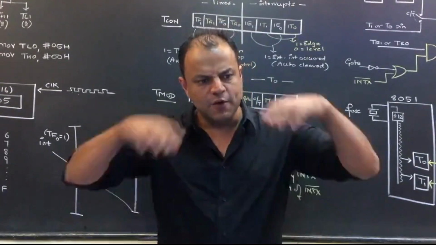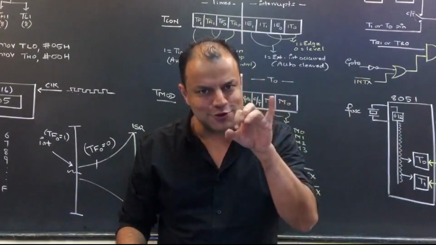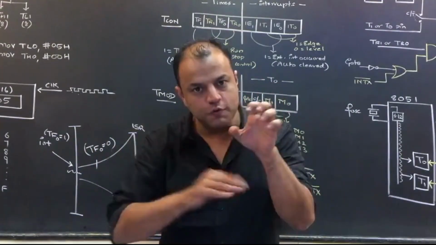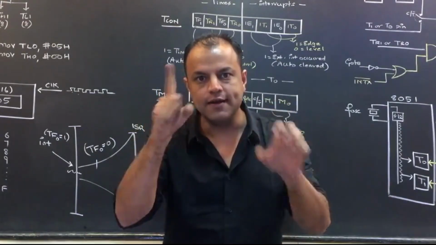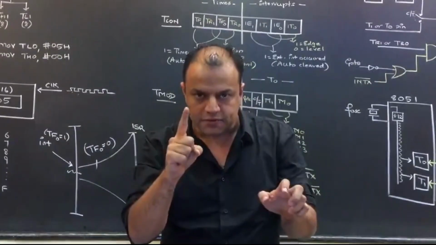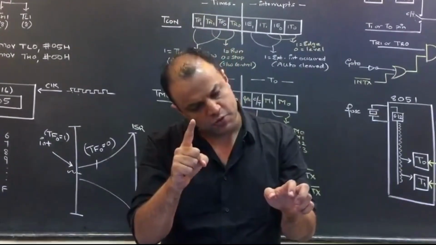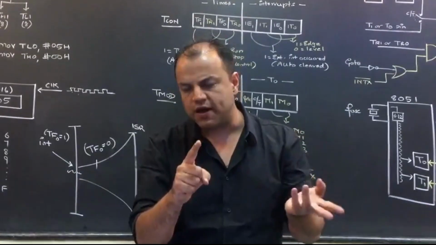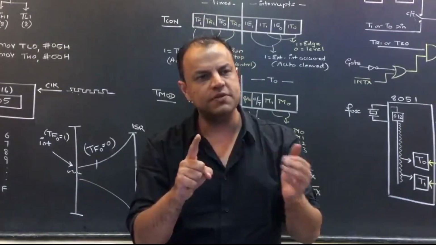That is why, whenever any of those 5 sources that I mentioned are supposed to send an interrupt, first of all they make a flag 1, telling the processor, yes, I have occurred. Now it interrupts the processor. If the processor is doing nothing else, it will go to the ISR immediately. Otherwise, if some other interrupt of higher priority has occurred, or for whatever reason, the processor may not go to